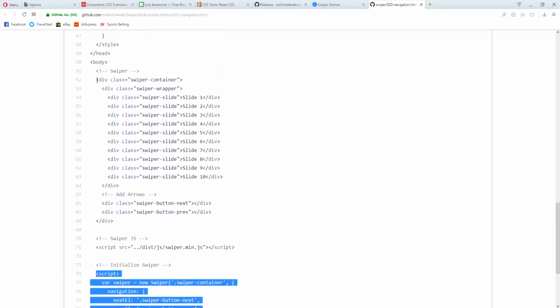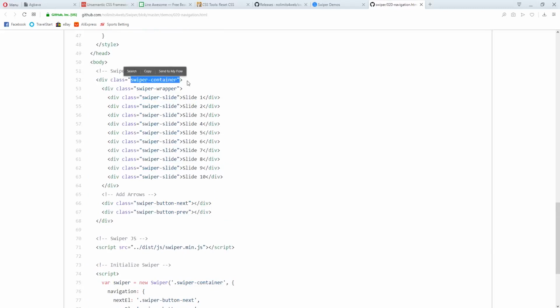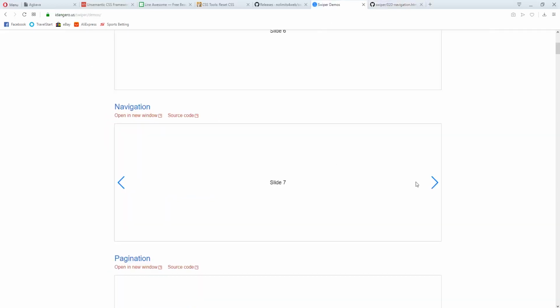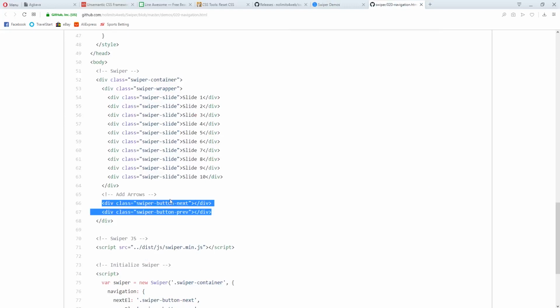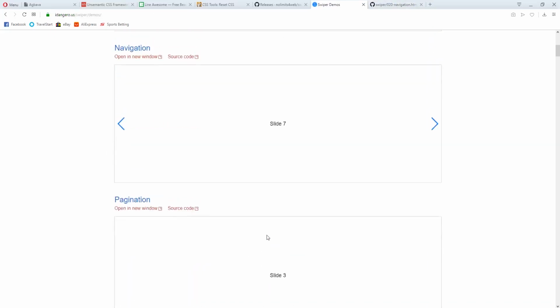Then if you look at the way they do it here, they first call this swiper container, which will be this div. Then inside it I have this div, which will be the swiper wrapper. This swiper wrapper is what wraps all the slides, then I go to the slide. But this swiper container wraps the swiper wrapper, and you see they wrap all these buttons there too, which are those two arrows. Where you see all the slides, there are these two arrows. So this is the swiper container and the wrapper. Then for other ones, like the one with pagination, you see the wrapper.